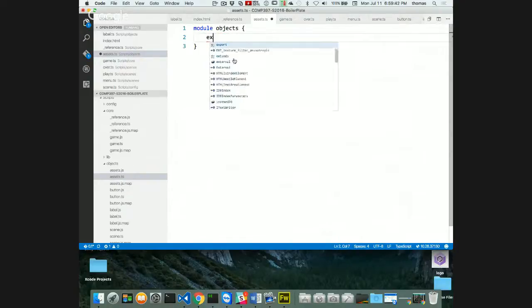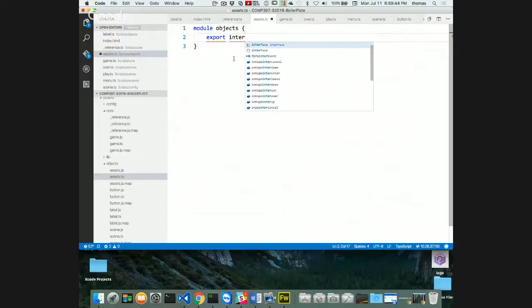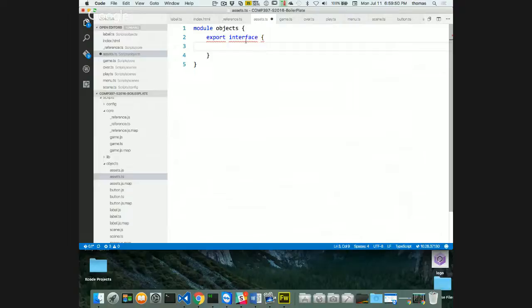And then what we want to do is we want to export an interface. It's interesting. It's a different thing than a class, right? Now, here's something that's interesting. It says cannot find name interface, right? But what it is, interface, is when I did, I do it right? Export. Oh yeah, how about the name of the interface, which would be good, which is assets,